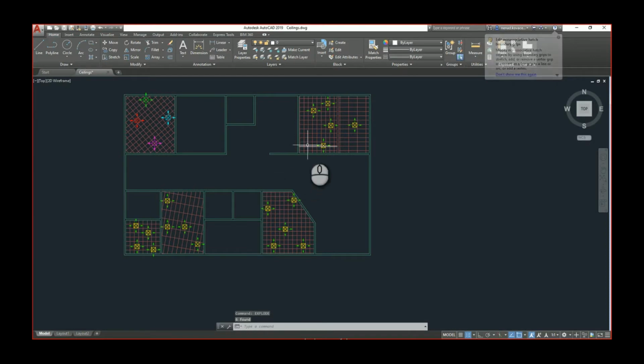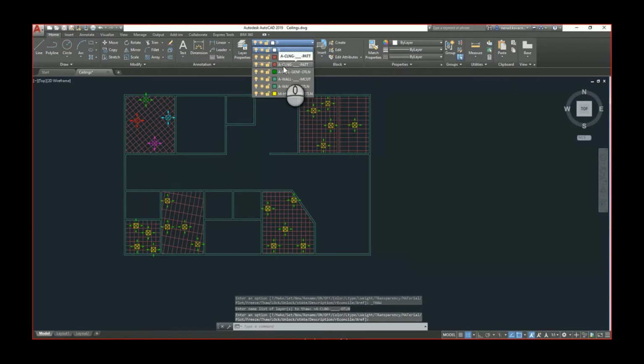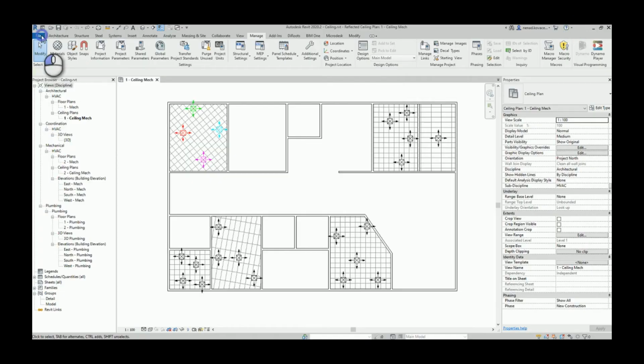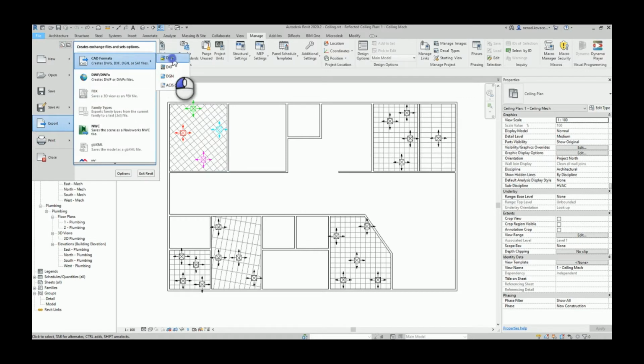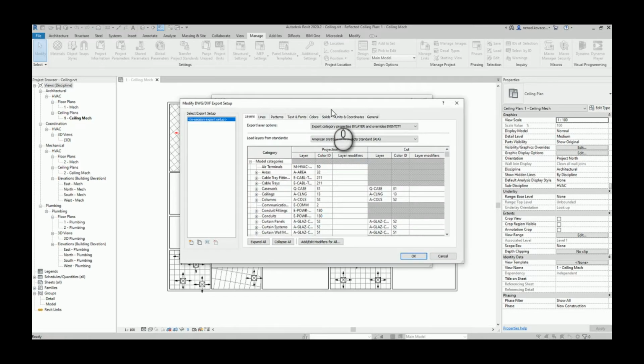The important thing for you to notice is the name of the layer. So this is our layer, and every time we export DWG, all elements will be stored in this layer. This is defined through your Revit export DWG settings. So if we go to Revit and for a moment go to File, Export, CAD Formats, DWG, and if I want to modify the export setup and see what the name of my layer will be,